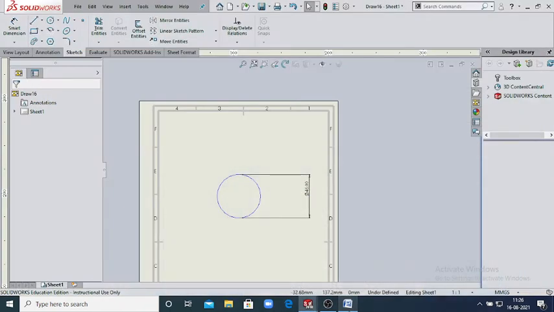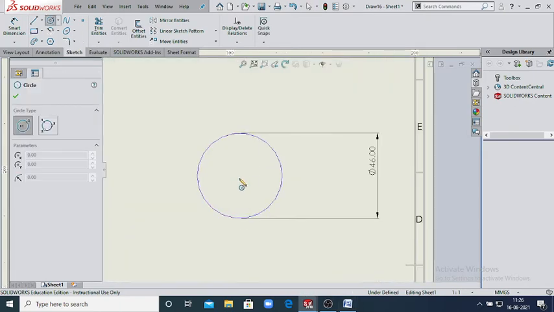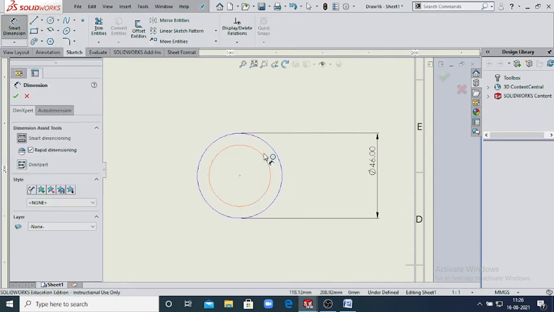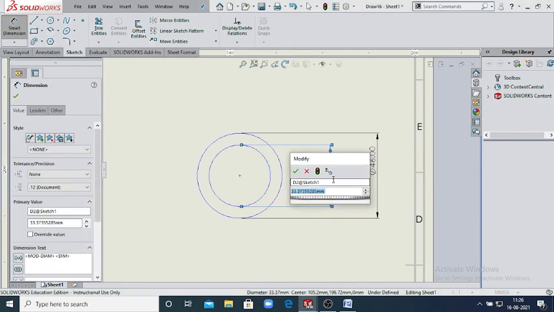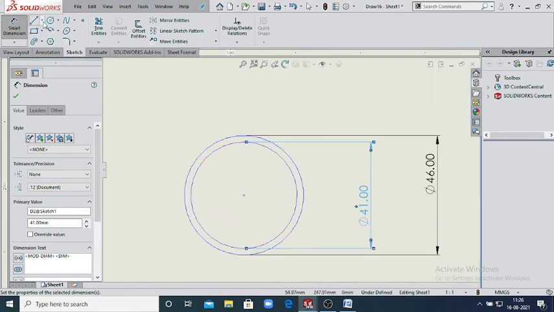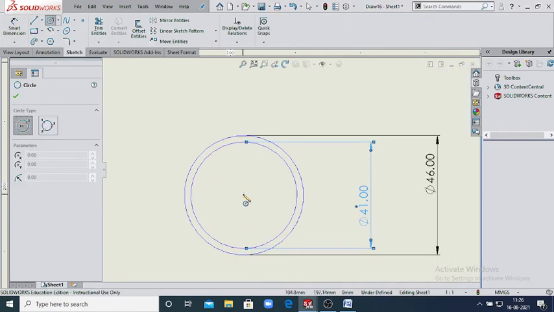20.5. Then radius is your 20.5. So give the dimension, 41. Then again we'll draw another circle.